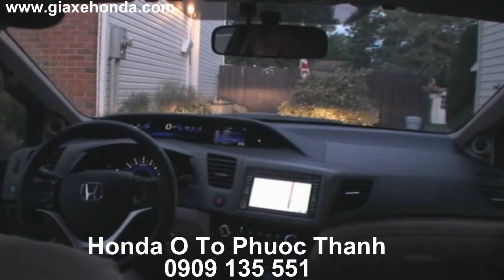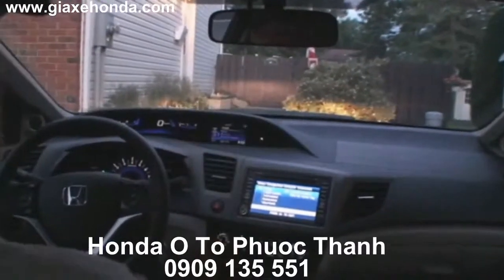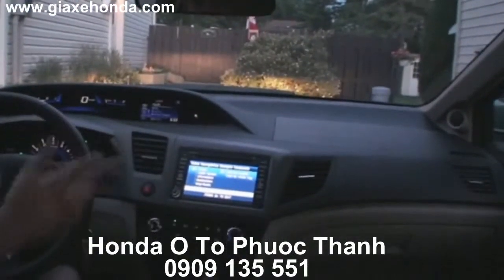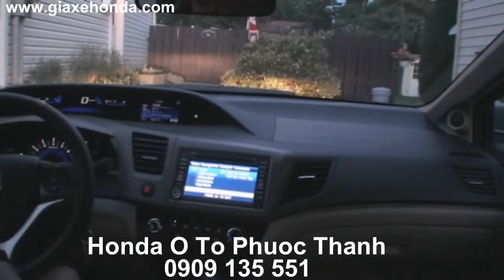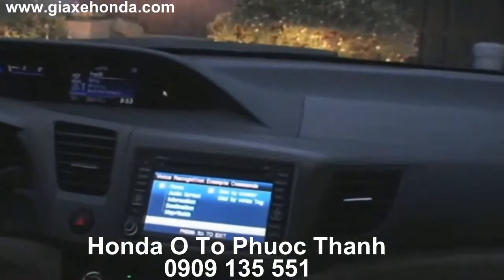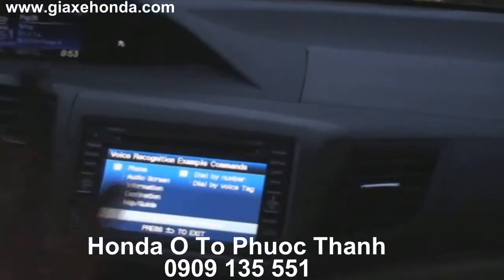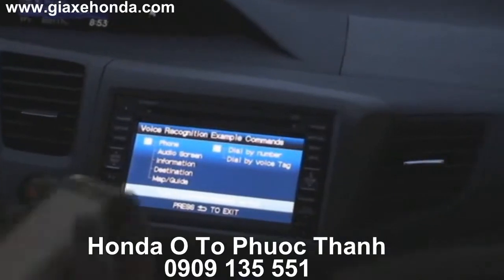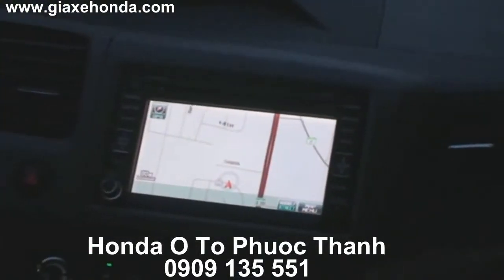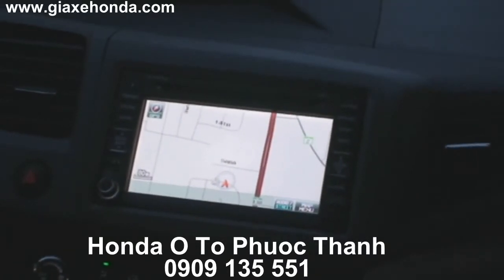If I press the button to listen once, it says, after the beep, please say one of the highlighted options. So the trick here is to click twice. For example, then we can talk. So now we can do a lot of things. Let's say, for example, we know that it's connected to my phone. So we can connect to the phone. Let's first have a look at the phone. So I'm going to go